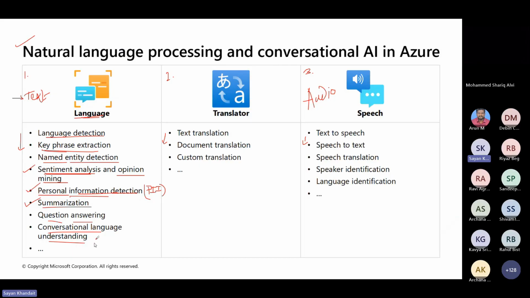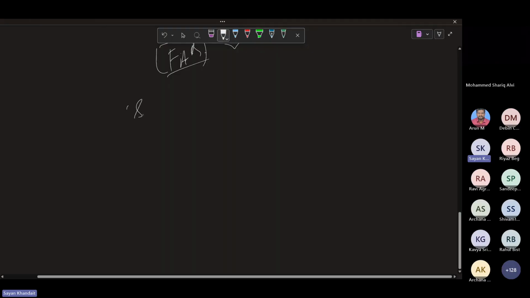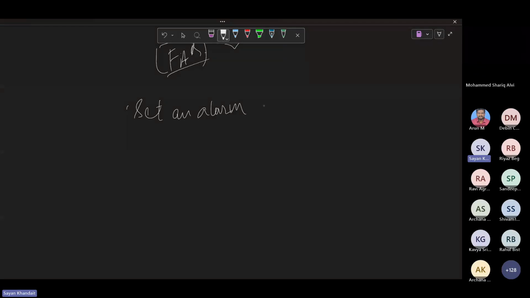And conversational language understanding, which is also called the language understanding service or LUIS. This helps users to use AI systems or machine learning models so that they can understand the intent behind something that the user is saying or sending as input. For example, if I were to say a sentence like set an alarm, set an alarm at PM. If I were to say this sentence to the conversational language understanding service or LUIS,